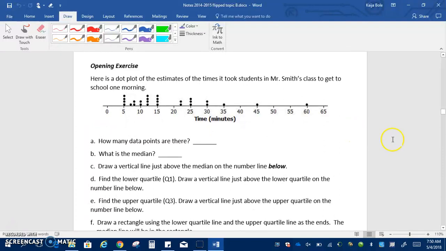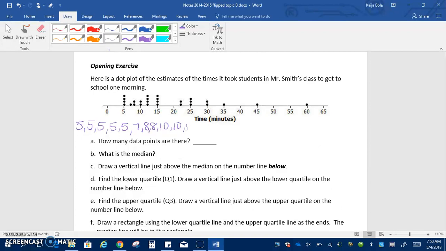So if we look at the opening exercise, they give us a dot plot, and it estimates the times it took students in Mr. Smith's class to get to school one morning. So first what I want to do is list out our data so we have a nice list to look at. So we have 1, 2, 3, we've got 4 5s. 1, 2, 3, 4, 5. Let's see, we've got a 7 and 2 8s, so 7, 8, 8,